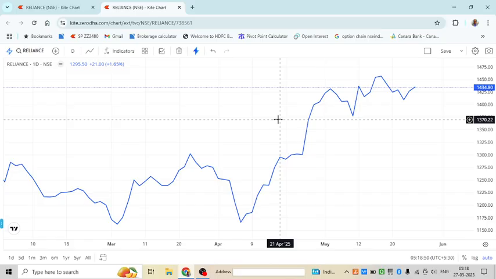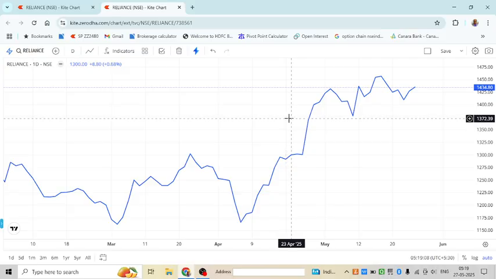So at this cursor place, 1295.50 is the Reliance close rate of that day, that is 21st April 25. On the next working day, that is 22 April 25, the rate is 1291.20. Next day, that is 23 April, the rate is